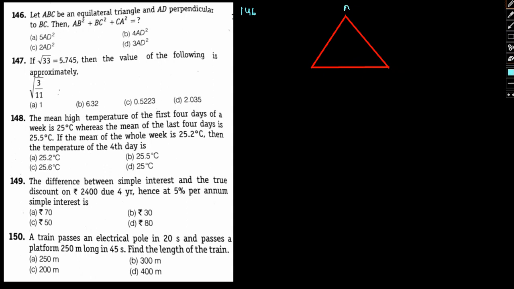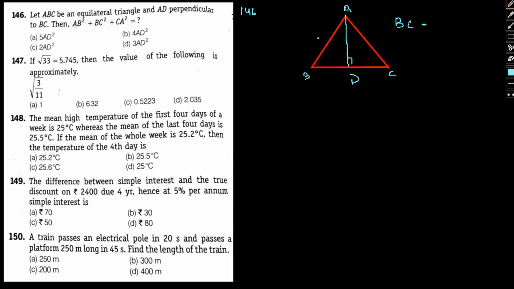So this is say A, B and C. Here AD is perpendicular to BC. Okay, so we have AD, it is perpendicular to BC. Then we need to find AB square plus BC square plus CA square. So here is given